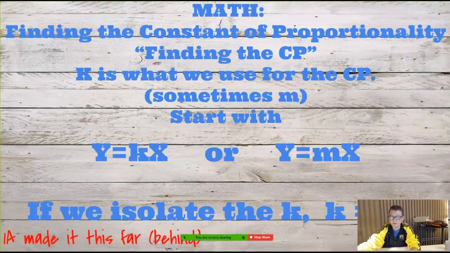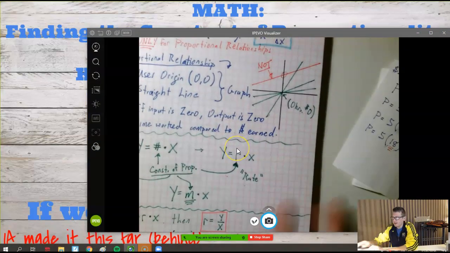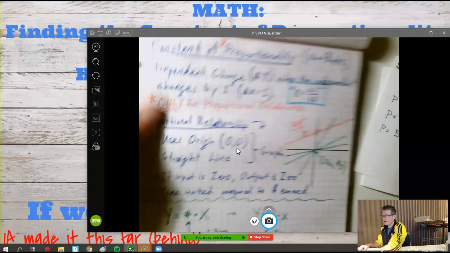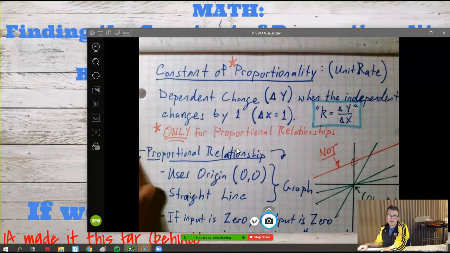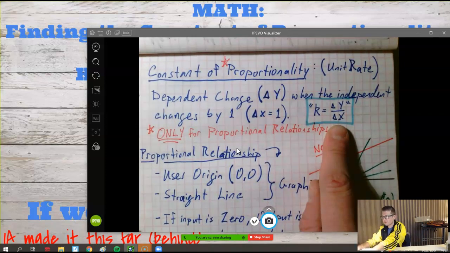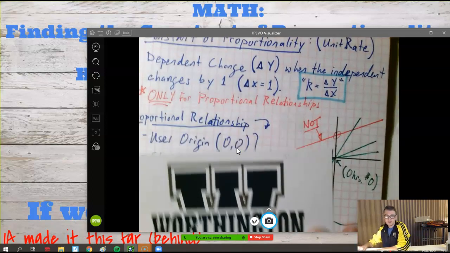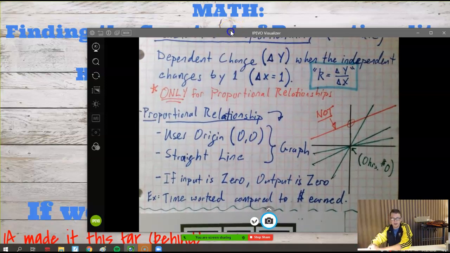Yeah, the constant of proportionality is going to be the unit rate for a situation that is proportional, right? So we said this only is true for proportional relationships. There we go. So guys, your notes should have ended off on something similar to this. Somebody might need to tell me where we ended. Did we get to writing down that k is equal to delta y over delta x? Please pull out your notes from last time. Really what I want to know is, did we get all of this written down, and did we draw the graph? If not, we need to.